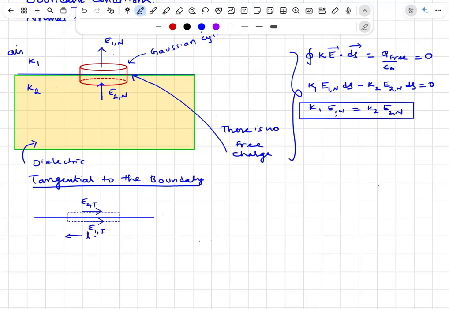It's a very small elemental length here. Dielectric constant K1, dielectric constant K2. Now please try to understand. For this closed path,